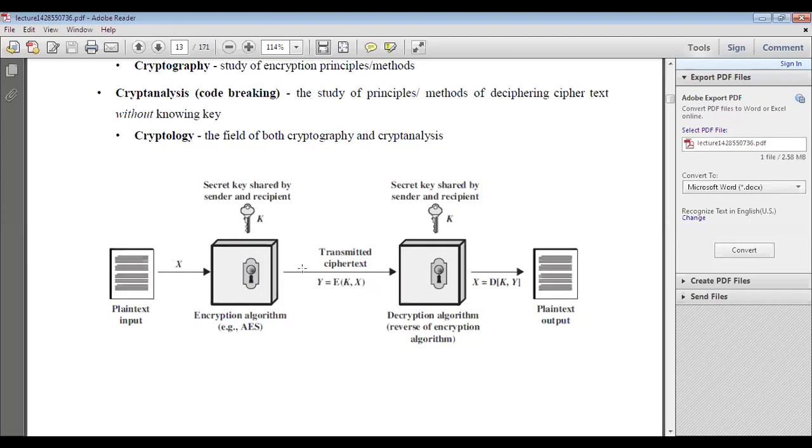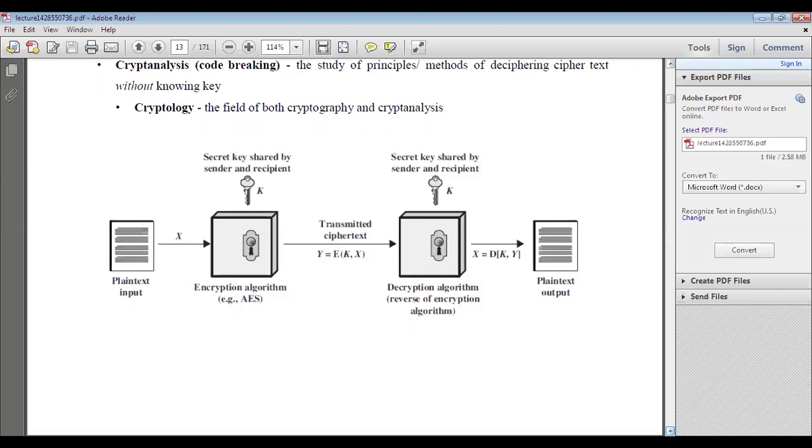This ciphertext you transmit from sender to receiver. At the receiver part, we receive that ciphertext and convert it into plain text by using the decryption algorithm, the reverse of the encryption algorithm. You are using the same key only. Then only can you easily convert the ciphertext to plain text. So this is the encryption process, and this is the decryption process. Once you complete the encryption and decryption process, this entire process you can simply call cryptography.